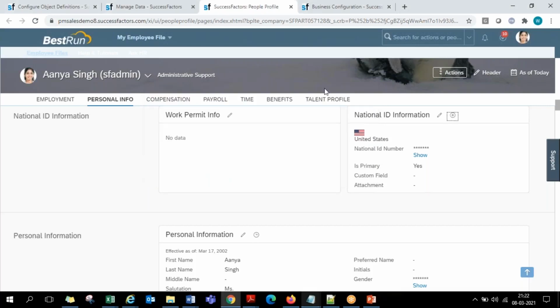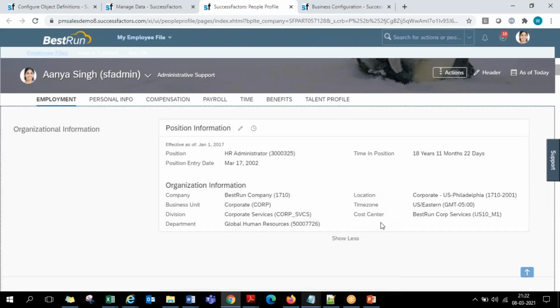That's why today when we added a custom field under the job info org information section, the system is not immediately showing me that subdivision field. So to have it, we are required to work on the permissions again. That is, we are required to go for the permission roles.